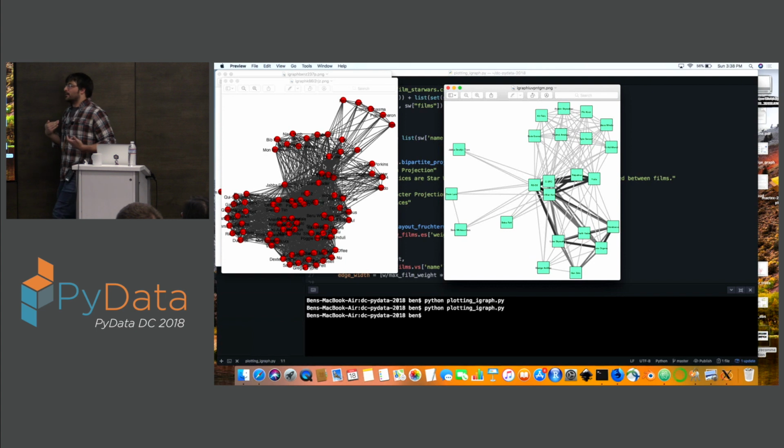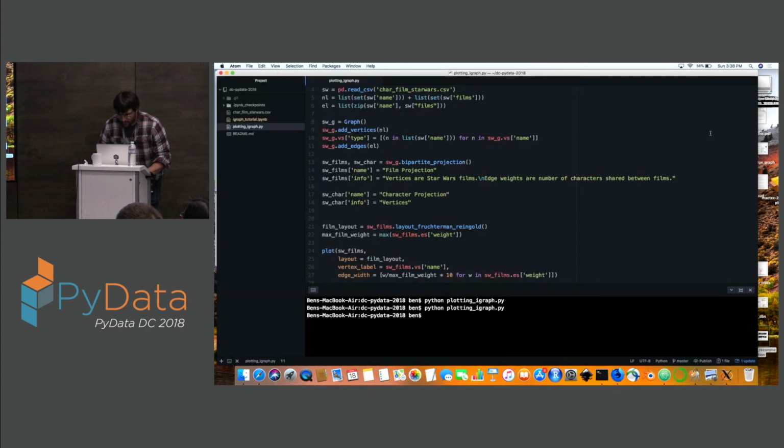If weight is indicative of importance, you'll only keep the important edges and the important nodes and the important relationships by filtering out the ones that are not important. So all that code is in the repository